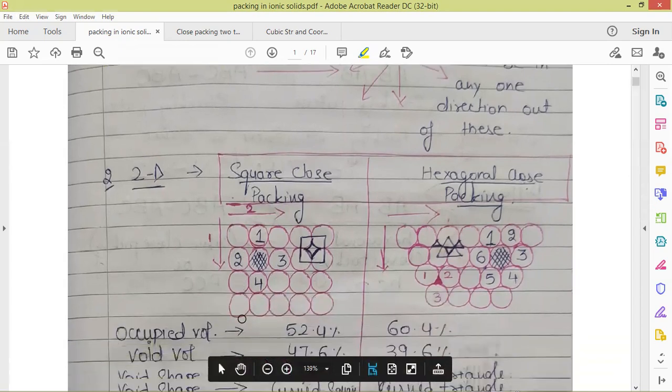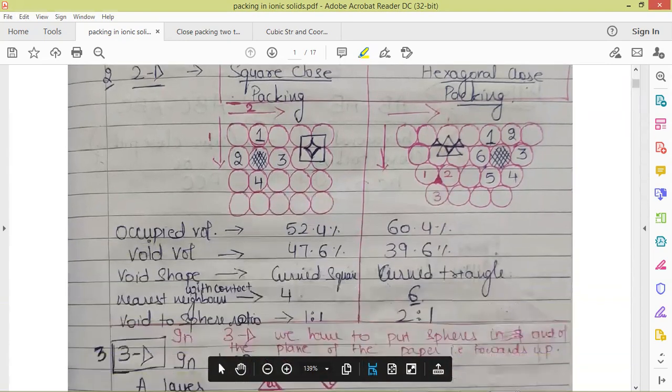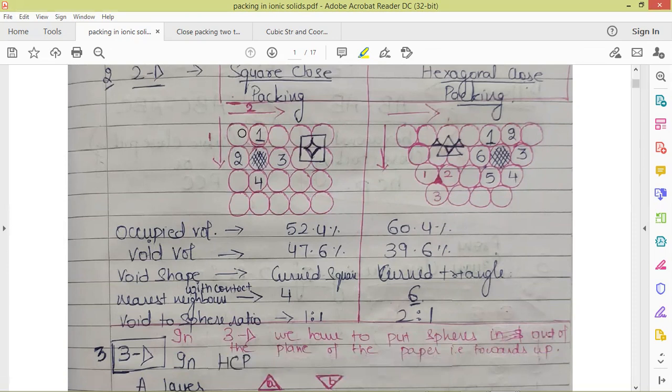Let us have a closer look at the square and hexagonal close packing in the case of the two-dimensional system. In the case of square close packing, the spheres will be placed like this, diameter to diameter. If I am putting one sphere here, then the next is going to be along the line. This linear system is the same.